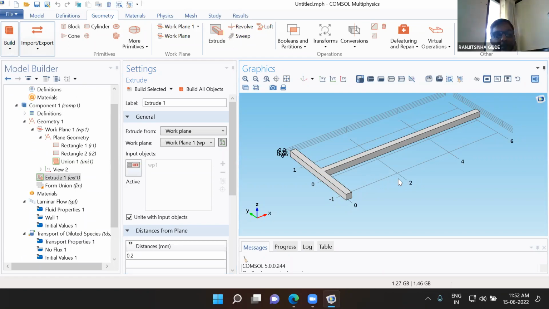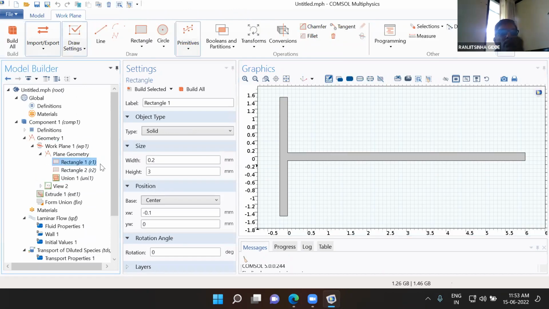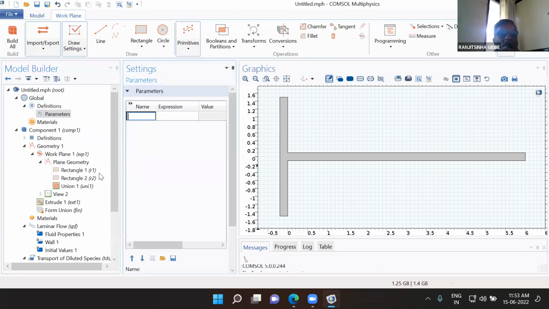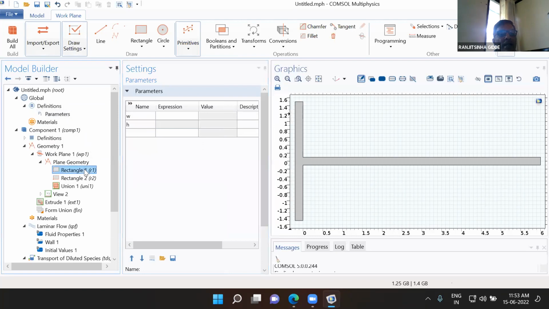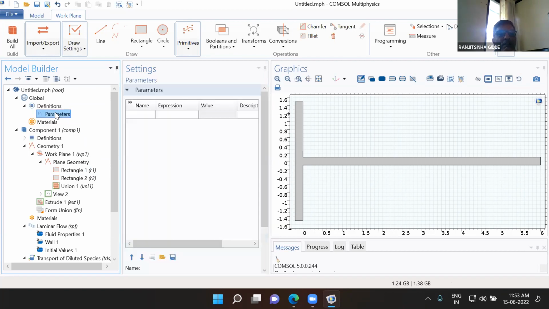Now this way you can get the final geometry. If you are going to draw it in a parametric manner, we have to add this parameter. Here you have to mention W for the width, H for the height, and accordingly you can put the various values, and that can be applied here for changing the width and height as per our requirement. So that is called a parametric